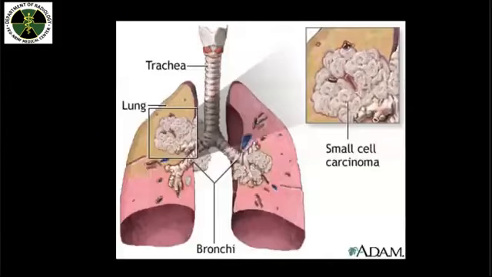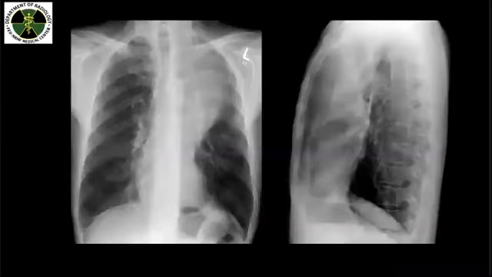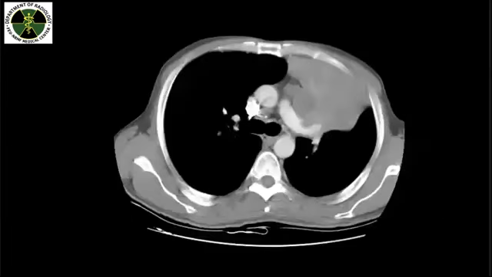So this is an example of a gross picture showing small cell carcinoma. Another association with the radiograph: in this radiograph, you will appreciate that the small cell mass is seen along the left upper lobe, arising centrally within the main bronchus, as seen in this image.